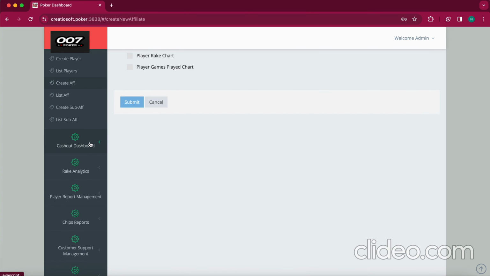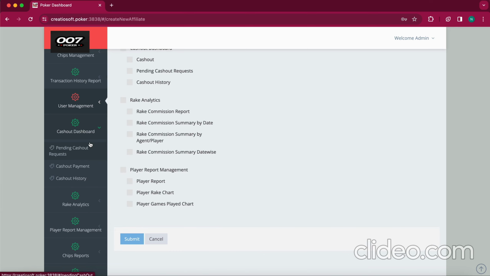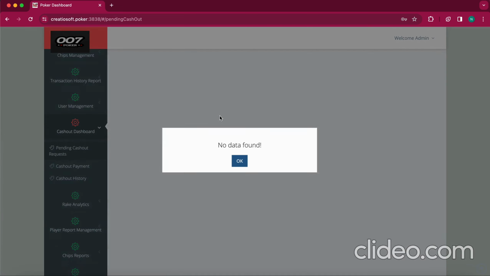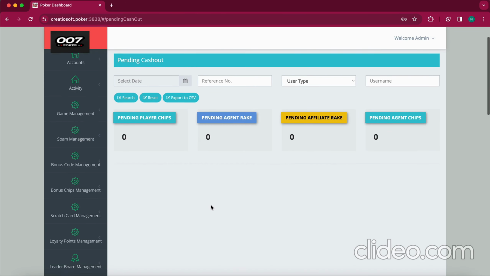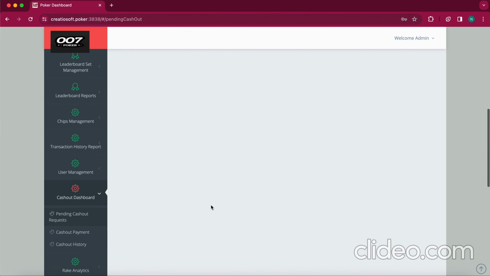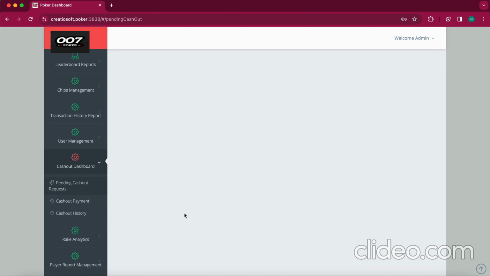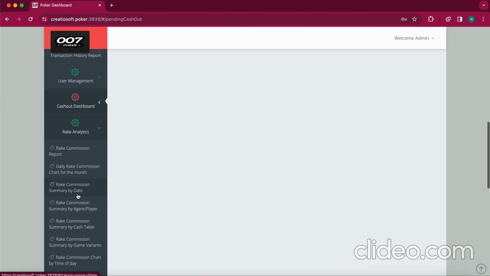Okay, we have a cash out method as well. This is a direct cash out method, and we can create a request from the game, and once the game has a request, it will be visible in the pending cash out request. Right now there is no data, but you can see that we have pending player chips, pending agent requests, everything. So everything will be recorded over here, and then there will be an approval process through which admin can transfer. But he is not actually transferring, it is a manual process. Admin will transfer from the original account, and then we will have the entry that it is successful. That's it. We have all the reporting process like rake analytics, rake commission report,